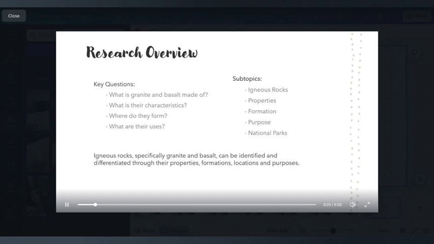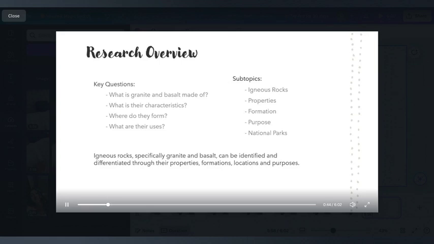My subtopics include igneous rocks, where I'll be explaining what they are and how to identify them; properties, where I'll be explaining the origin, color, texture, and geological environments of both granite and basalt;